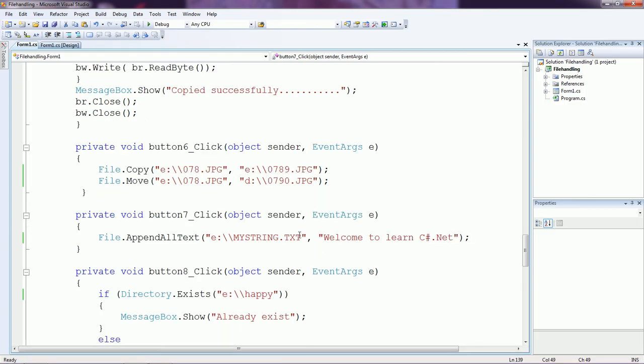Now from E drive we have the mystring.txt file, and by using AppendAllText, suppose the file contains some data, then that data is appended by using this string. And if the file does not contain anything, then you can directly find the message, welcome to learn C#.net.